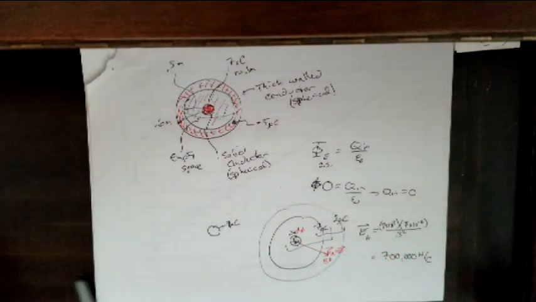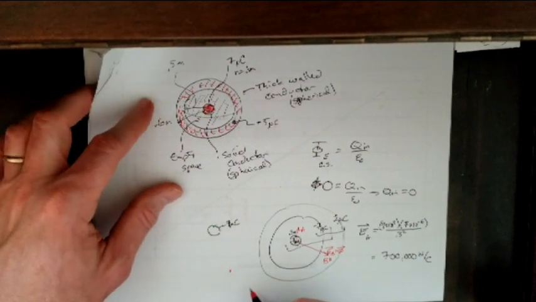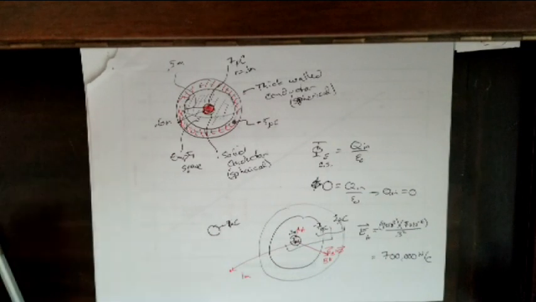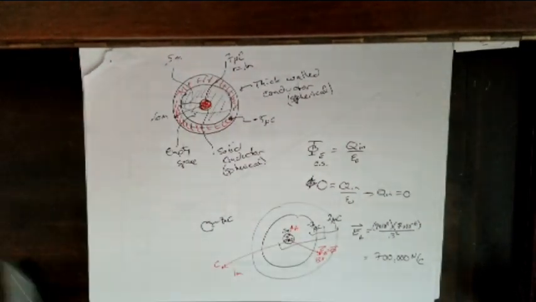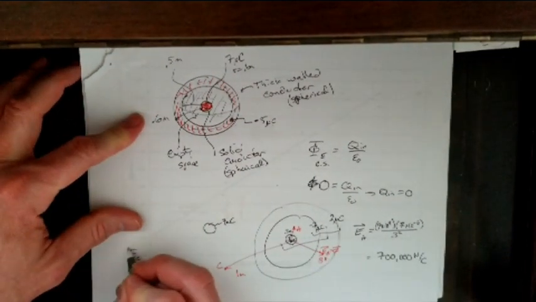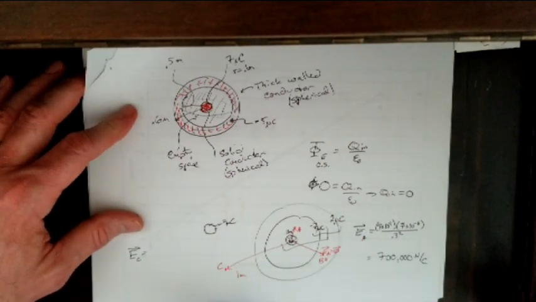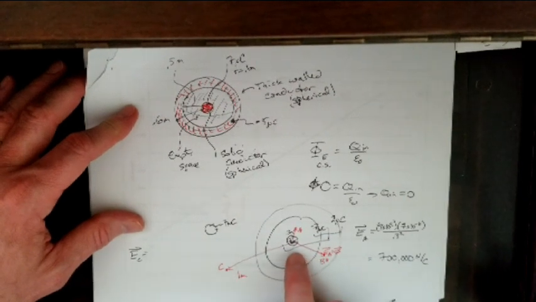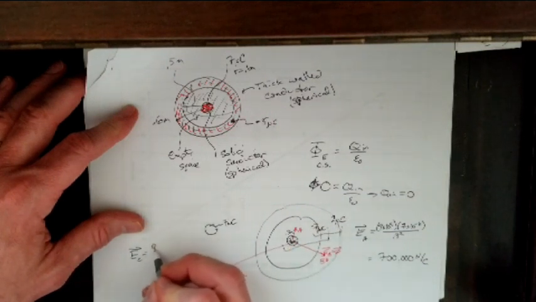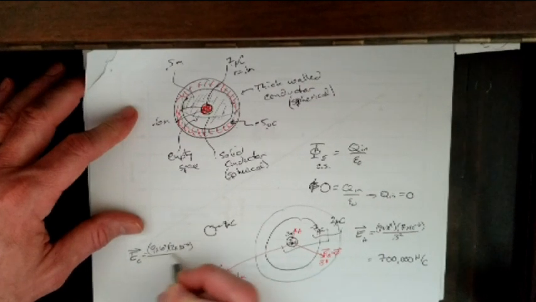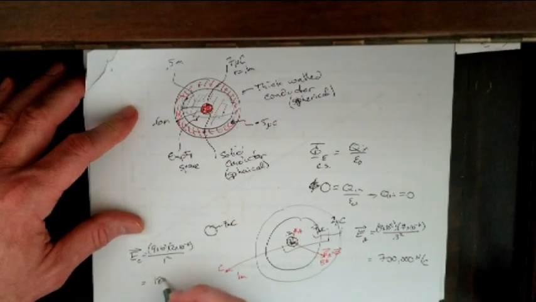If I wanted to know the electric field at a point out here, and let's just say that this is 1 meter away, we'll call this point C. Then the electric field at point C is going to be, well, the total charge inside, because of spherical symmetry, the total charge inside is 7 and -5, or 2. Those cancel out, so I'm left with 2. So this is 9 times 10 to the 9th times 2 times 10 to the -6th over 1 squared, 18,000